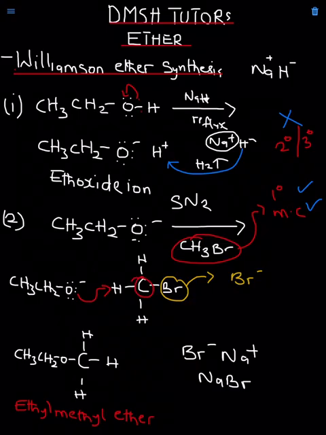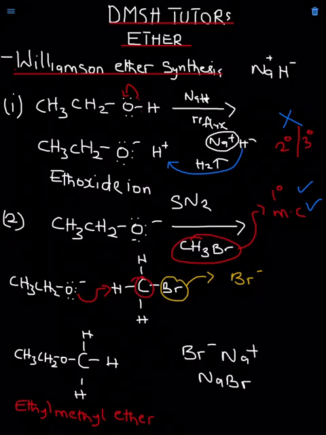It is even better to use a methyl halide rather than primary, secondary or tertiary, because with secondary or tertiary we form elimination reactions, which is not suitable for the reaction we want to do. So you can either use primary or methyl halide. Do you get? Please note it. You cannot use a secondary or tertiary halide in this case. Okay, so this is about Williamson ether synthesis.